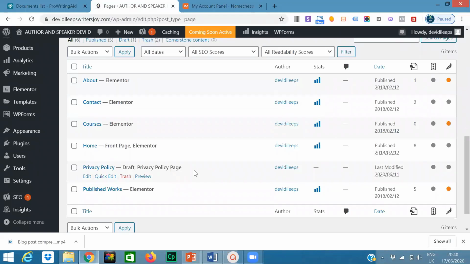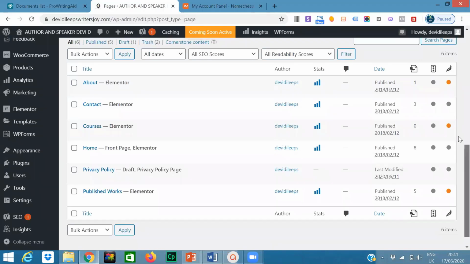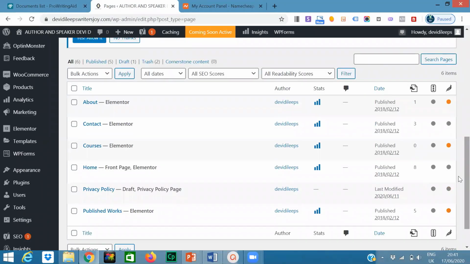One of the most important things is date. The publish date is very, very important. Next to that is the revision history. Whenever you work on anything and publish it, that many revisions would be there, so you'll know how many times you have edited this particular page. And scroll up a bit.